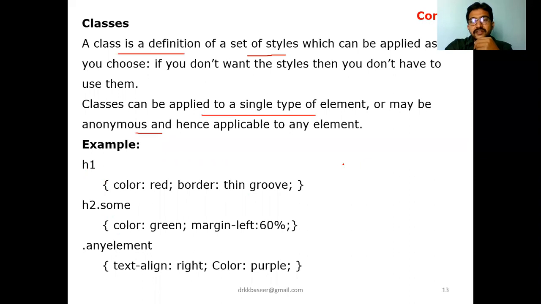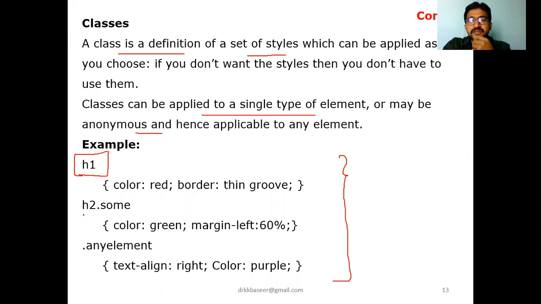Observe these are three different examples. When you do not want to use any selector and want to apply a style directly to a particular element, for example H1, what is the name of the selector here? H1 is the name of the selector. You can directly use the HTML tag name itself. For example, for a paragraph, P. For H6, you can use H6. For an image, IMG. You can directly use the element name itself as the selector. That is the first one.